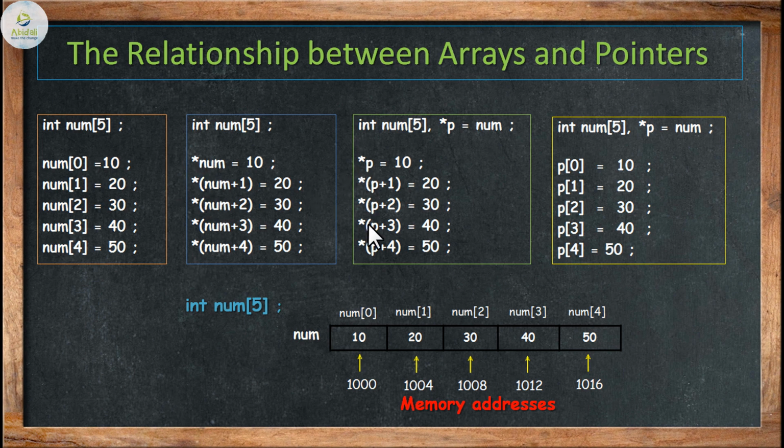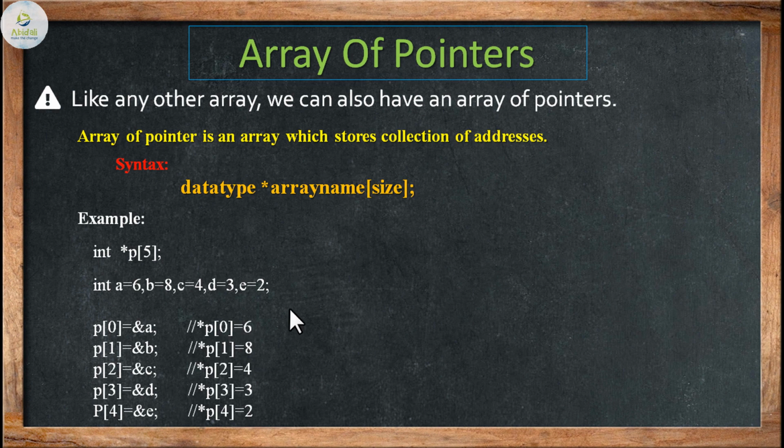So in all the sequence, you can see I have used the array and the pointer in some way or other in boxes number 2, 3 and 4. Okay, so that's quite a relationship between arrays and pointers, tedious to understand, but once you understand it, it's very easy. The basic fundamental is that when I store the array, a pointer is automatically created that points to the very first element's address. After that, if you increase by 1, it will increase by the size of the data type of the variable or the array.